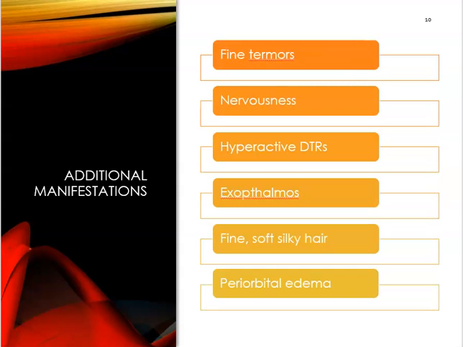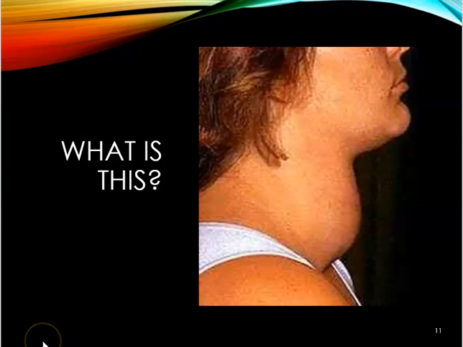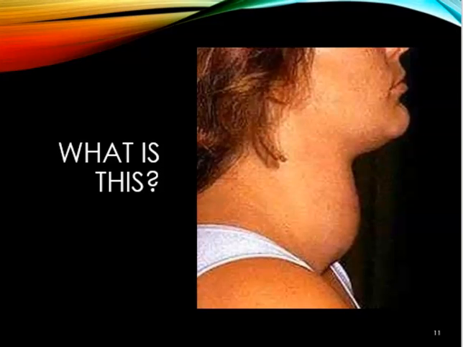Additional manifestations are going to be fine tremors, nervousness, hyperactive deep tendon reflexes. We already talked about the ophthalmosis, fine, soft, silky hair, and the periorbital edema. So this is a goiter. A goiter can sometimes occur when your thyroid gland produces too much thyroid hormone, such as in hyperthyroidism or Graves'